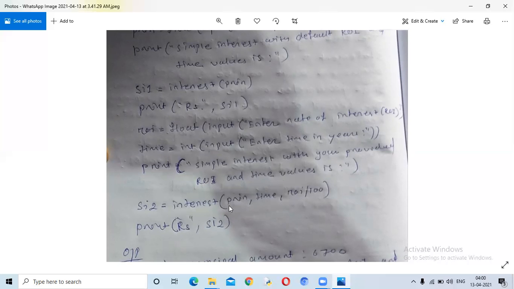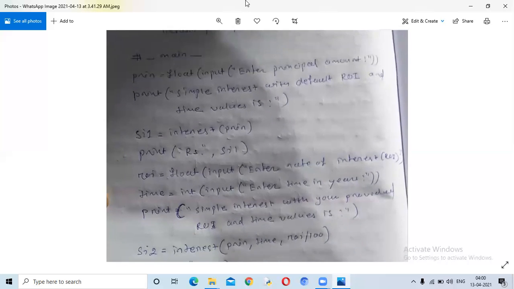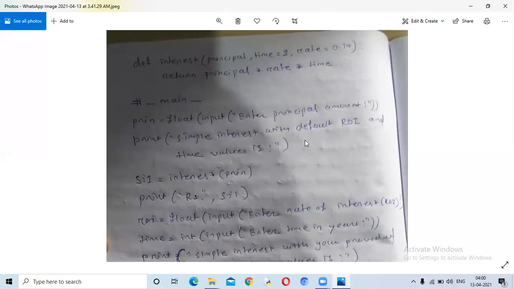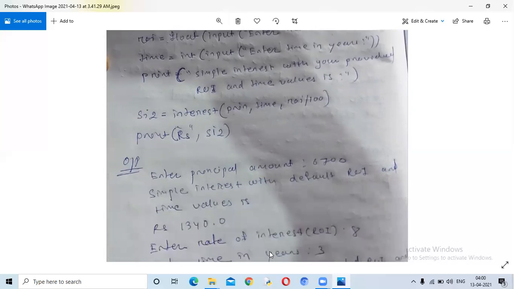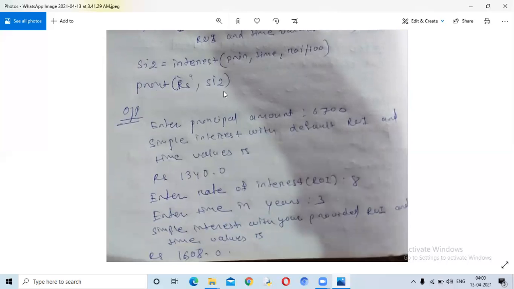Then these values will be received by the parameters defined in the definition of the function, and it will calculate the simple interest, and the interest is returned to this function call and that value is assigned to SI2, and it will print Rs SI2. The value of SI2 will be printed here. So this is the output. You can refer to this program in your book, page number 107.